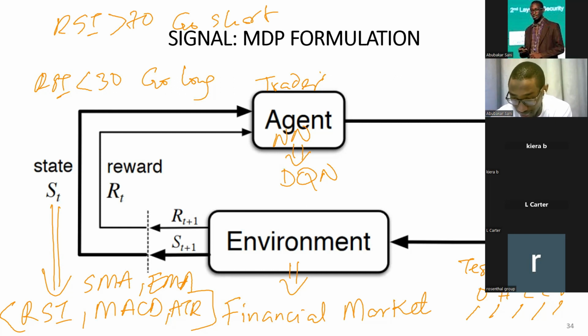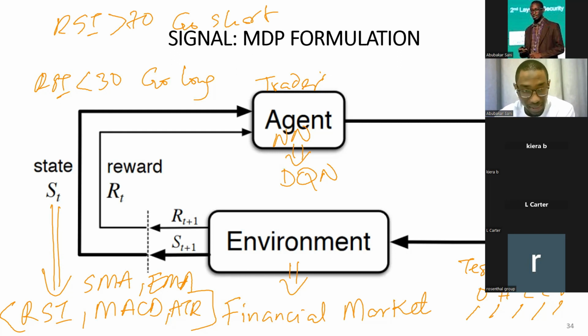We were the ones who were saying, use RSI as an indicator and look at the value of the RSI at this current time step. Based on the value of RSI, compare it with the 70 and 30 thresholds, and based on this, decide to go short or go long. That was what we did before. Now we are not doing that.